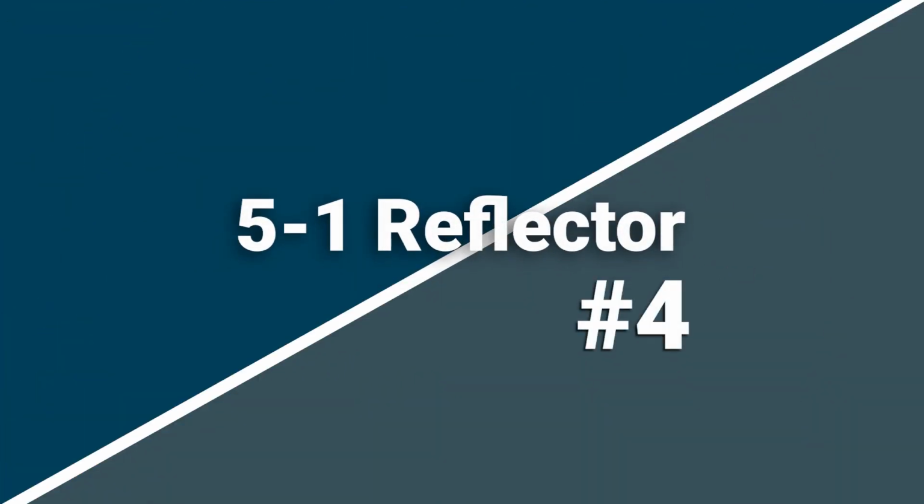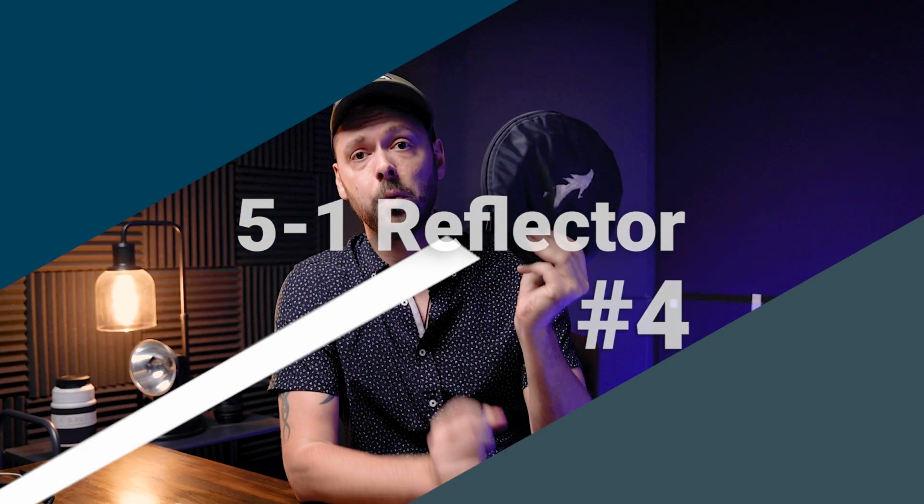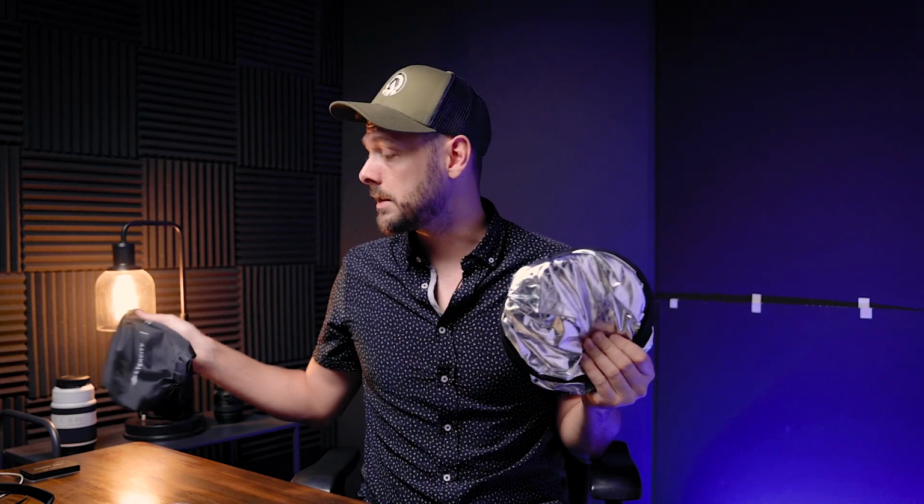And that is a 5-in-1 reflector. Now this is one of the best tools in the game. Any photographer will tell you a 5-in-1 is awesome. They're so good because you can use them for so many things. They're very, very versatile, and they come in many, many different sizes. So this is a small one, but what is a 5-in-1 reflector? It is essentially